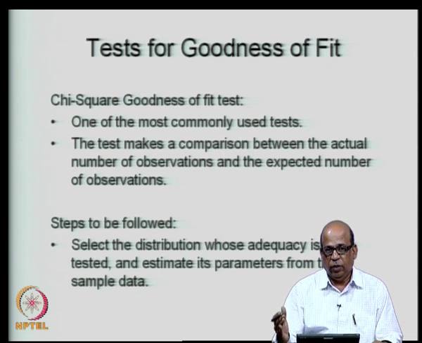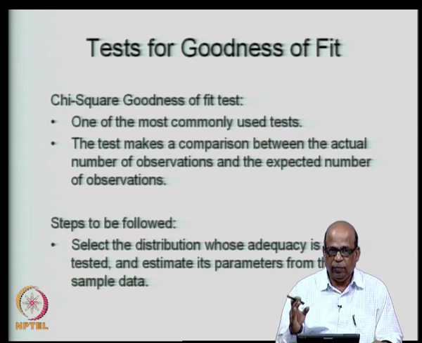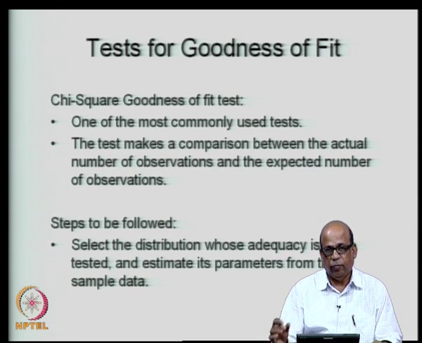Then each distribution, the theoretical distribution, has its own parameters, and we have seen how to estimate the parameters based on the observed data that you have, sample estimates of the parameters. So, let us say you want to examine for normal distribution, you have two parameters, namely mean and standard deviation. So, you get the sample estimates of these parameters from the observed data,